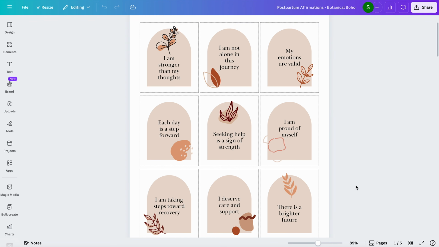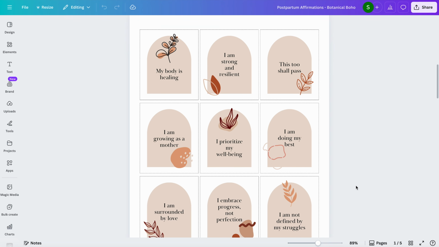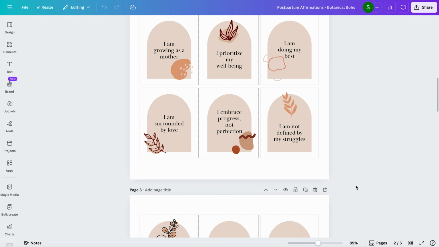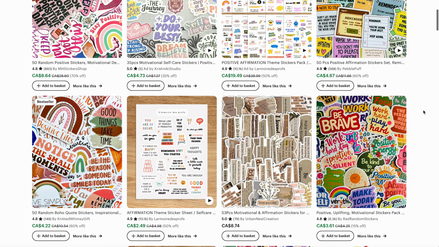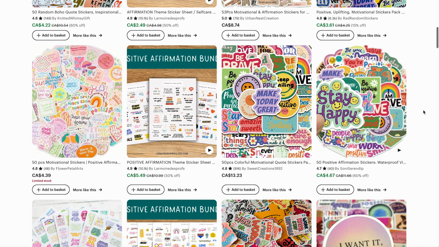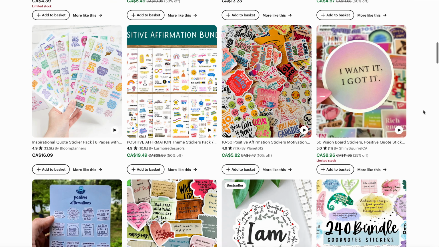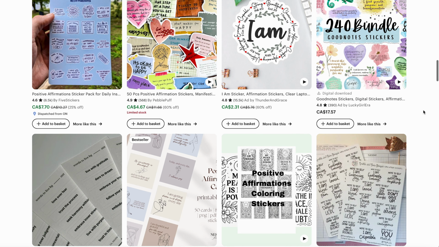I actually sell positive affirmation cards like these, and they perform really well. So I'm basically taking inspiration from my own designs here. And positive affirmation stickers perform really well on Etsy if that's where you're planning to sell your stickers. Of course, you can sell these on your own website, but this is a great marketplace to get some inspiration